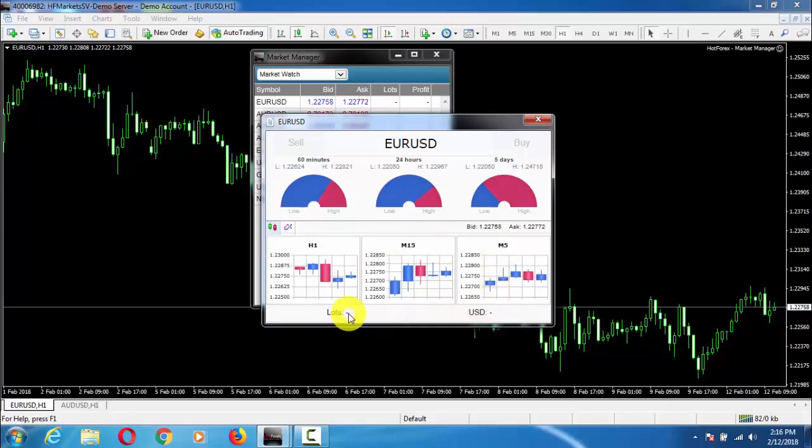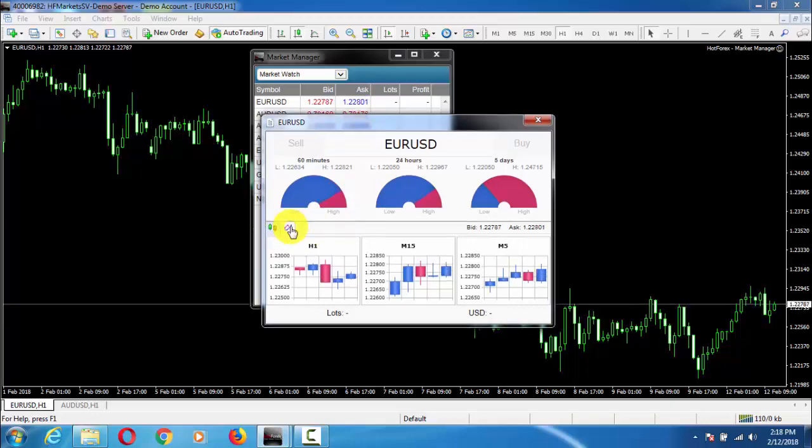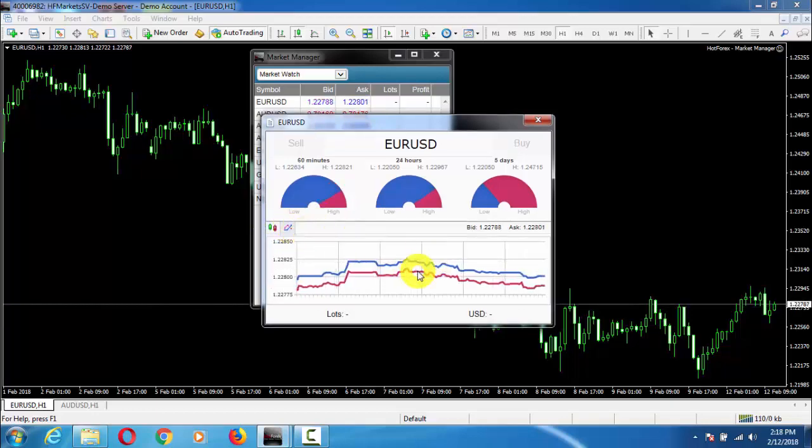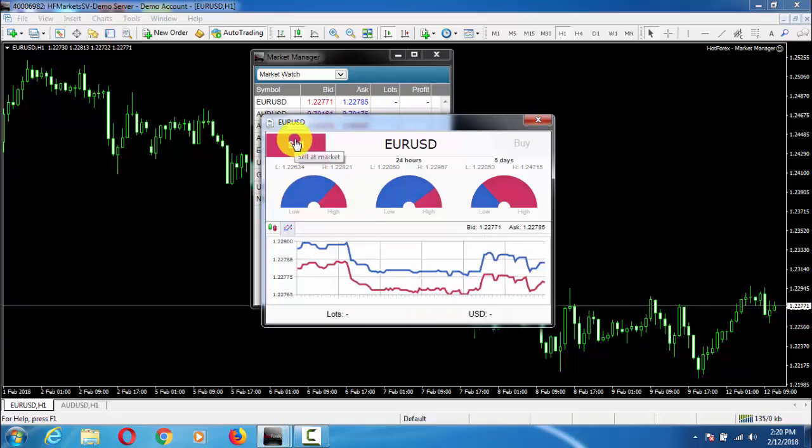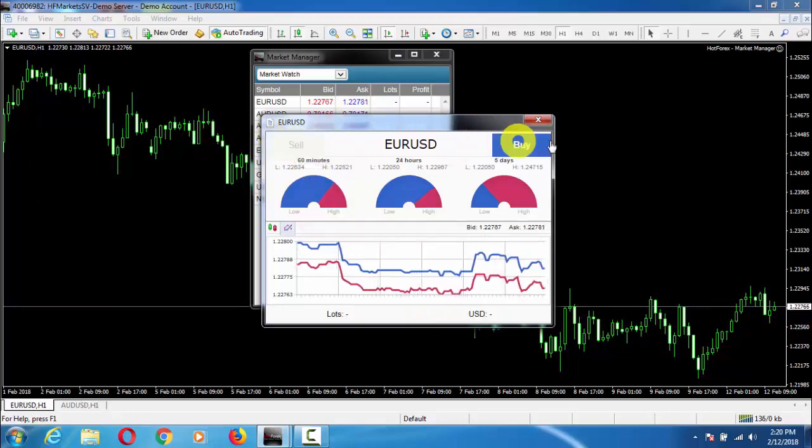If we have any open trades, we can see our lot size here, and our floating profit or loss is shown here also. Here we can see candlestick charts and tick lines. Basically this is not a tick chart, this is a 500 millisecond chart. The tick line is always updating even if there is no market activity. And here we have buy and sell lines.